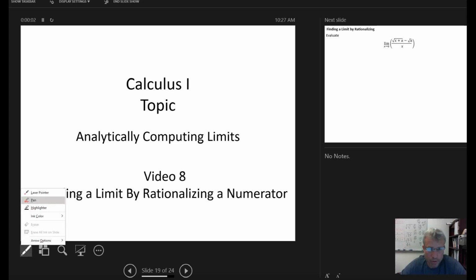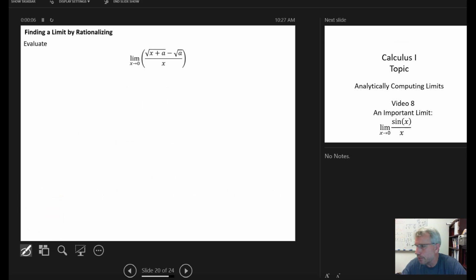So in this video, we're going to find a limit by rationalizing a numerator. It's frequently the case when we're finding a limit that a useful technique is to either rationalize a numerator or a denominator. In other words, when we have radicals, we want to eliminate the radicals from either the numerator or the denominator. And the tool that we are going to use is multiplication by a